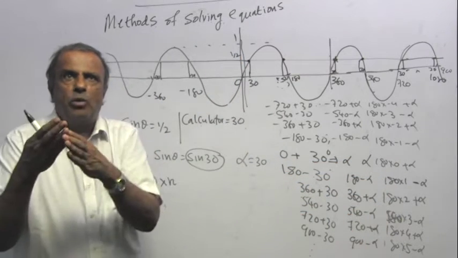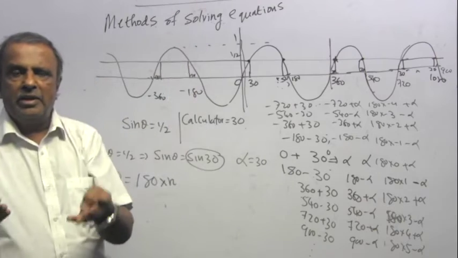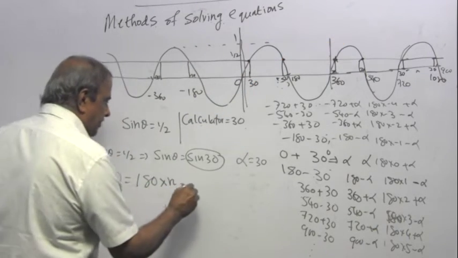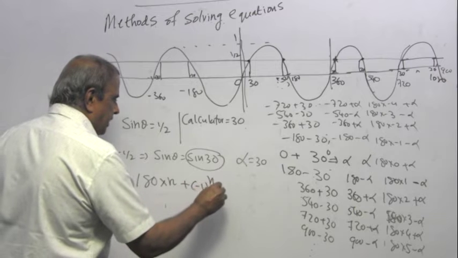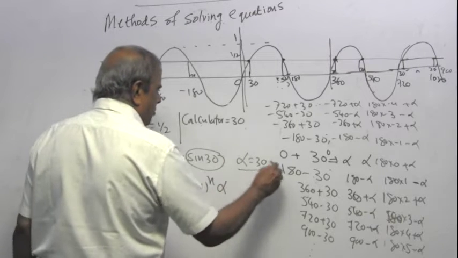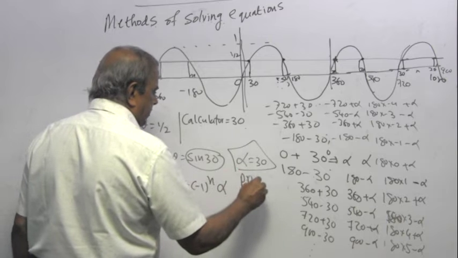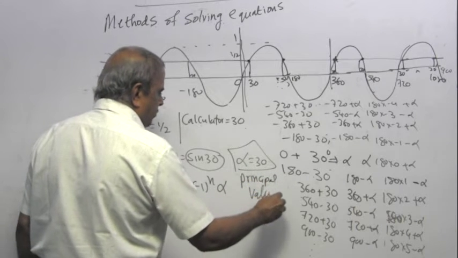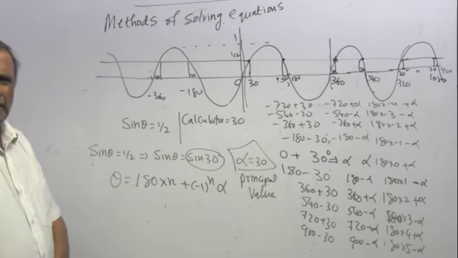So remember, minus 1 power odd number is minus, minus 1 power even number is plus. So I can combine this as minus 1 power n alpha. But I don't like alpha. We normally call it the principal value. That means the very first value you get from the calculator,